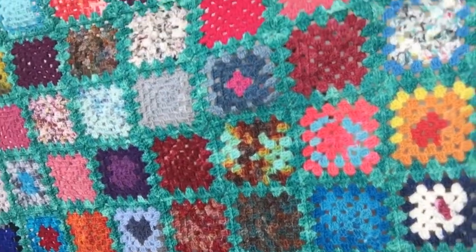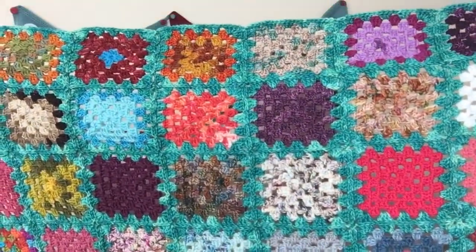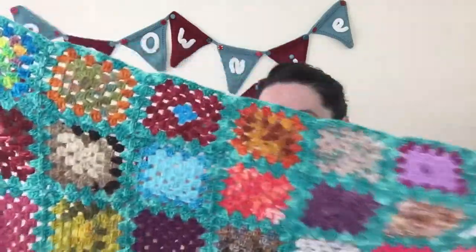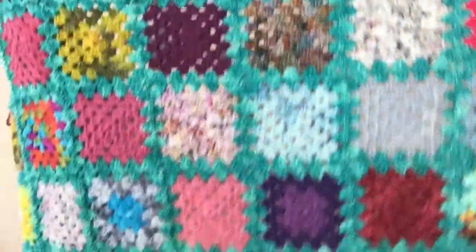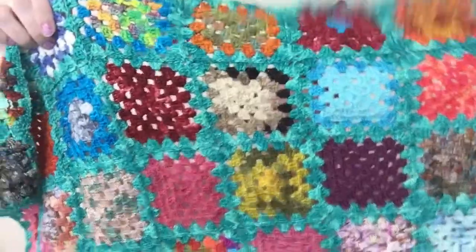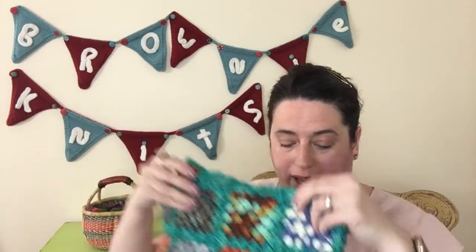The main color yarn is Knit Picks Hawthorne in the color Poseidon. And all of the center yarns are either leftovers from socks and shawls and stuff that were in my stash. I had a huge basket that was just full of those. Or they're yarns that I received in mini skein swaps. So I have all of that where it's already joined. But I also have this bag that,